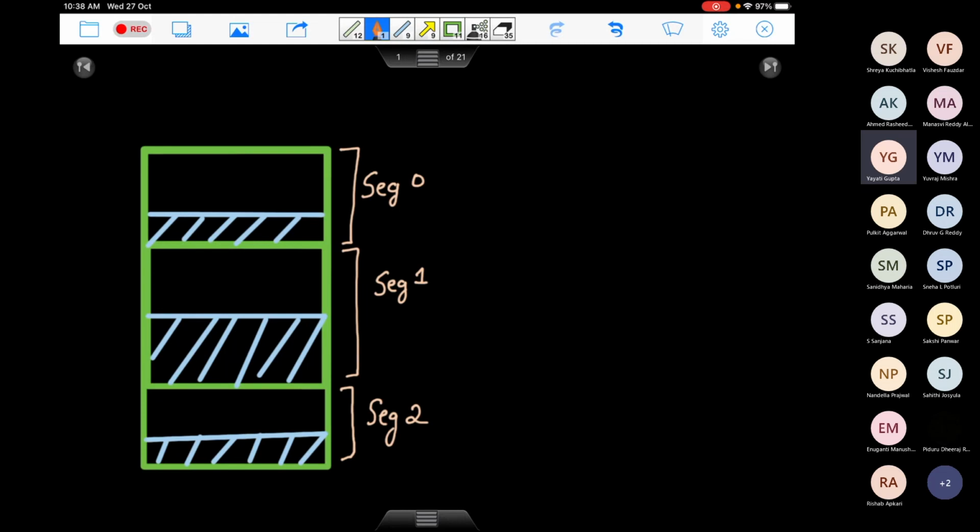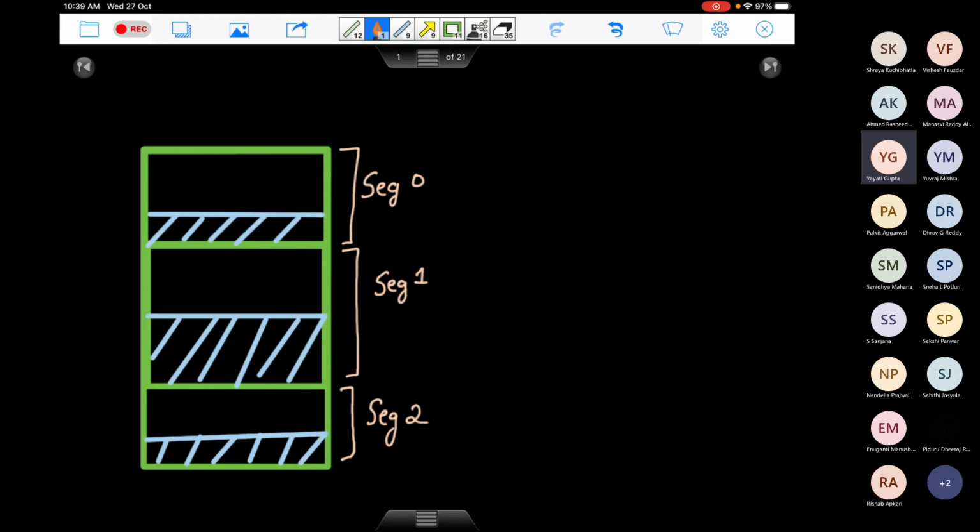As we have seen in our diagram before, there was code, stack and heap was one segment. You had a segment for data, and then there can be a few other segments, but definitely less than 10. This picture shows you a process which has various segments. Now we are talking in general, so I haven't given any name to these segments. These segments can be of varying size. As you can see, segment 1 here is bigger than segment 0 and segment 2.